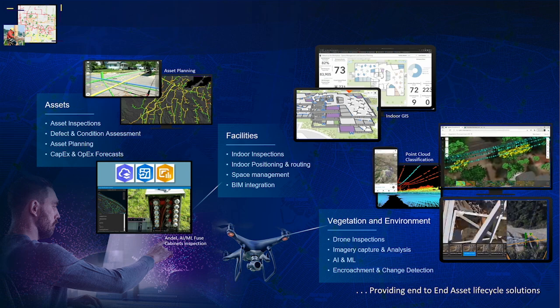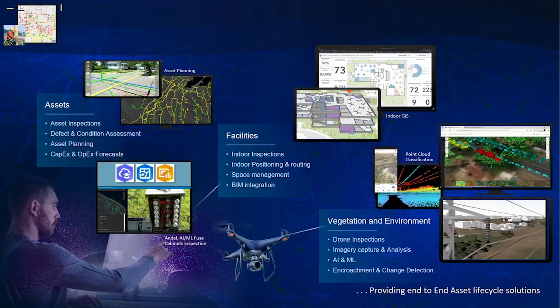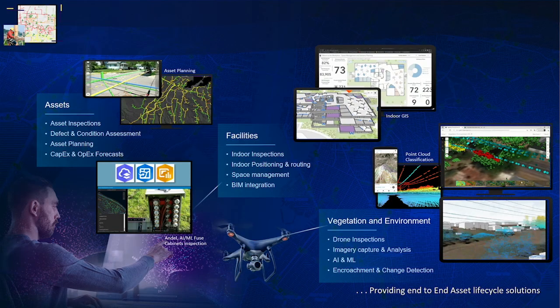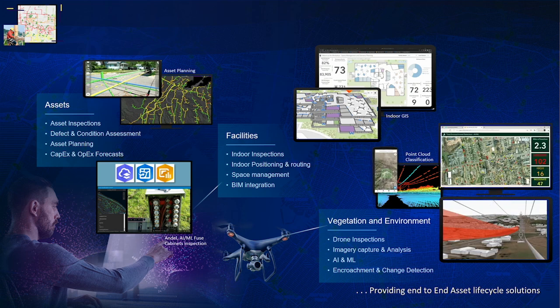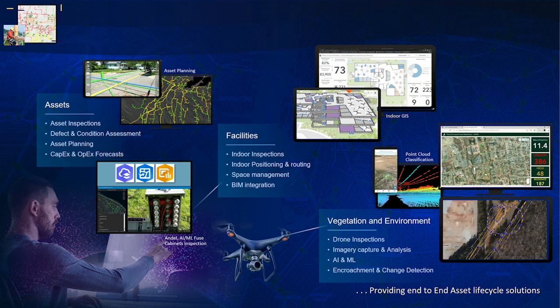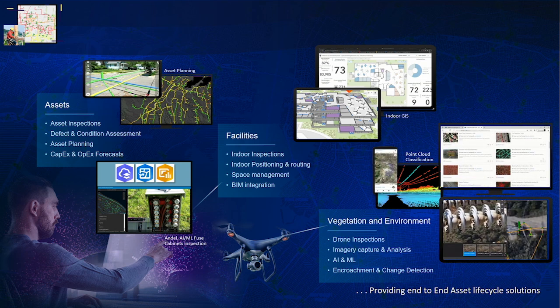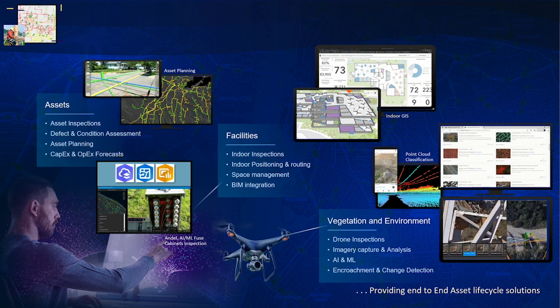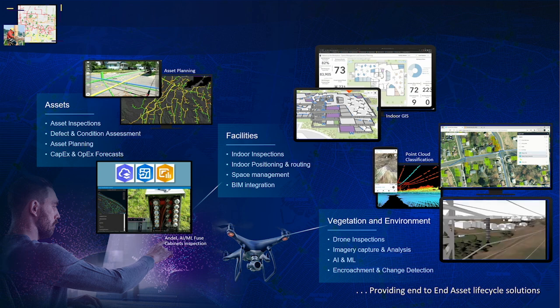As an example on the picture here in the corner, you can see that there's a company in Denmark called Andel. They're an electric distribution company. And what they do with managing their assets is they're actually using AI and machine learning algorithms to help them identify empty fuses and faulty fuses within the fuse boxes just through the pictures that their inspectors took in the field. So there's a lot of things that you can start thinking outside of the box and create that geospatial thinking on how you're managing and doing your asset management.